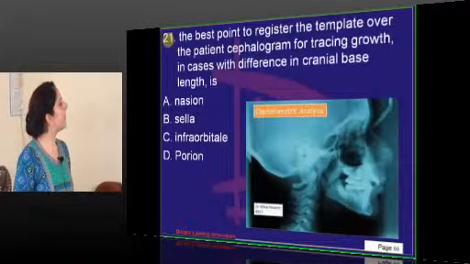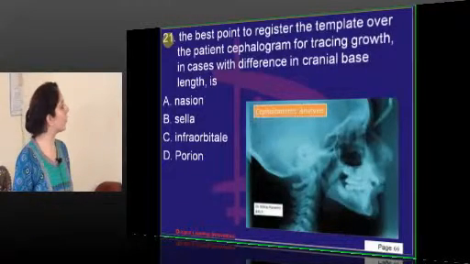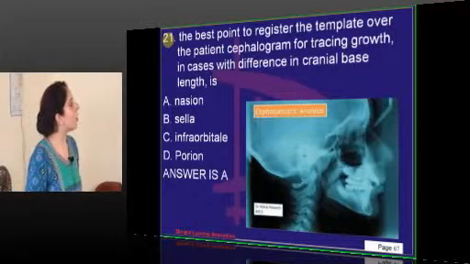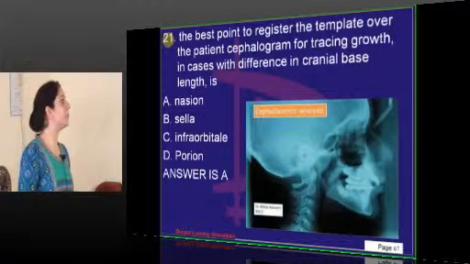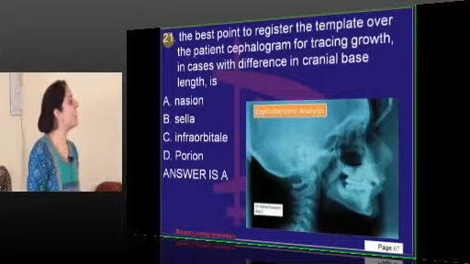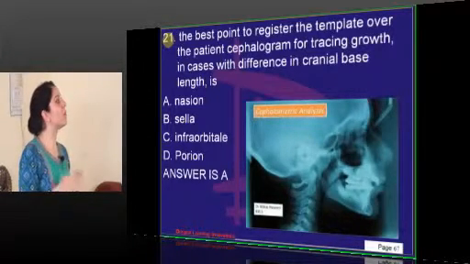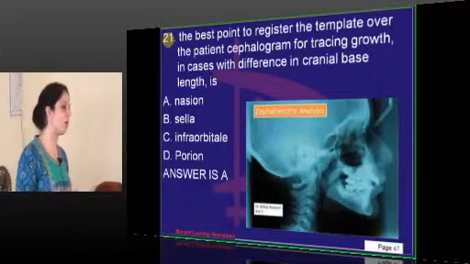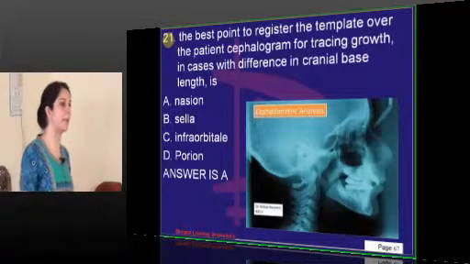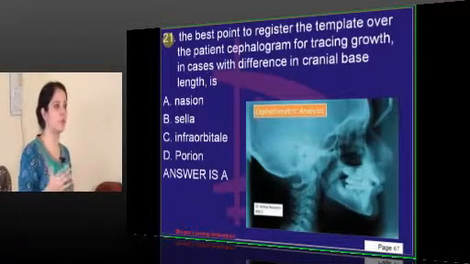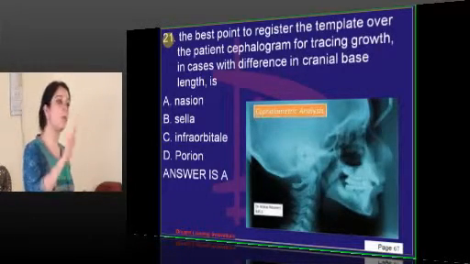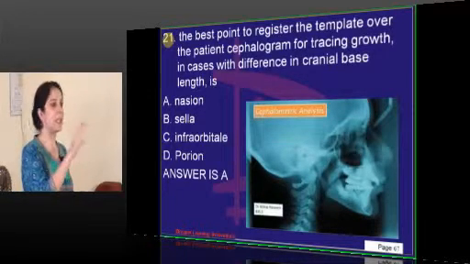The best point to register the template over the patient's cephalogram for tracing growth in cases with difference in cranial base length is nasion. Now, nasion is one of the most stable points in a cephalogram, because very little change in terms of resorption or remodeling occurs in that place. So, when you take a cephalogram over different periods of time, let's say a difference of 1 year, 2 years, 3 years, 5 years, it is one of the registration points where you can superimpose a couple of cephalograms and see the changes that have been